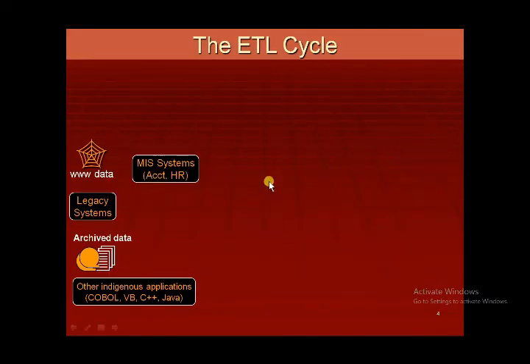Again, if we go into the detail of the ETL cycle, on the ETL side there are multiple source systems involved. This is the spider web that we discussed in our first lecture, in which multiple departments inside an organization are running different OLTP systems that are not joined using a central database, but are using their own databases that are not connected, and there can be some archive data available on tape.